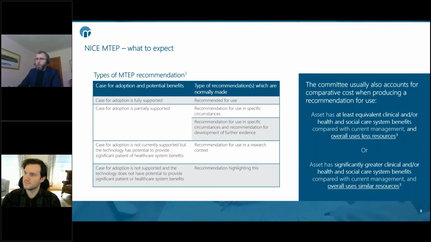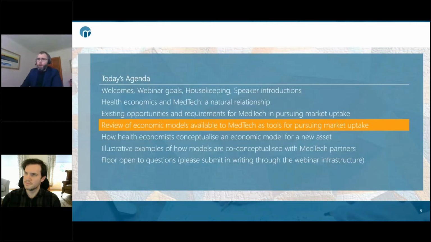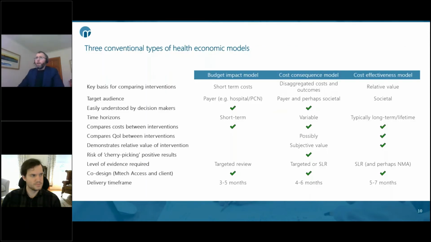If we move on now to a particularly practical consideration, which is, what are the economic models that health economic modelers like Nick and I, like the MTEC Access team, could actually be providing for medtech assets in their pursuit of market uptake opportunities? So what we wanted to do was to make this a very user-friendly screen, where one can see side by side the pros and cons, the features and the advantages and disadvantages of three very conventional types of health economic models, which we feel are particularly relevant to the needs of